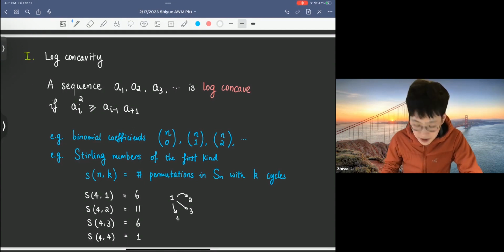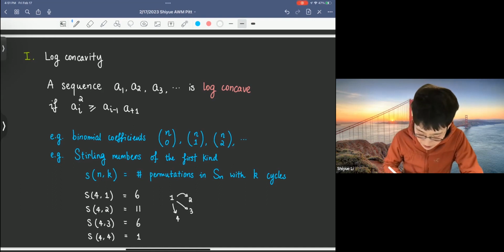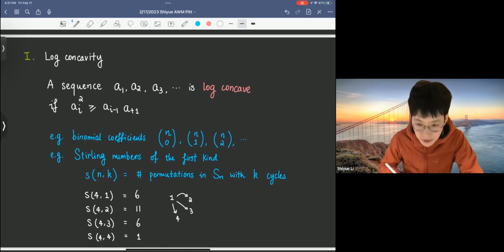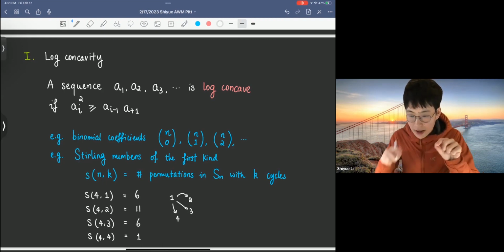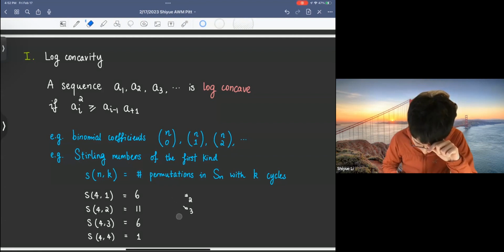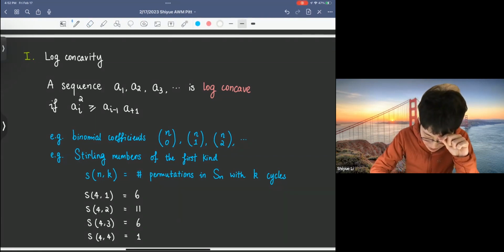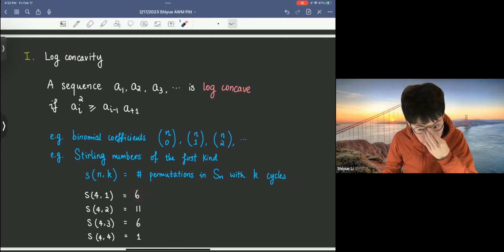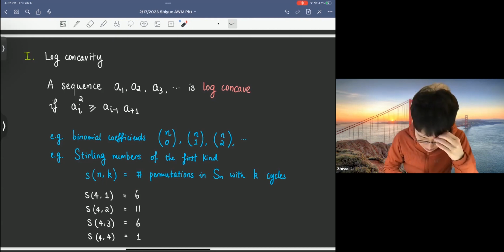If you sit down for a second, you realize the number of permutations with exactly 1 cycle is the same as the number of permutations on 2, 3, 4, because you are fixing 1 and then permuting the order of the set 2, 3, 4. We all know that the number of permutations on this set, which has cardinality 3, gives you 6